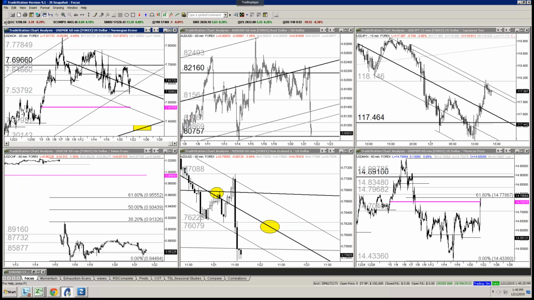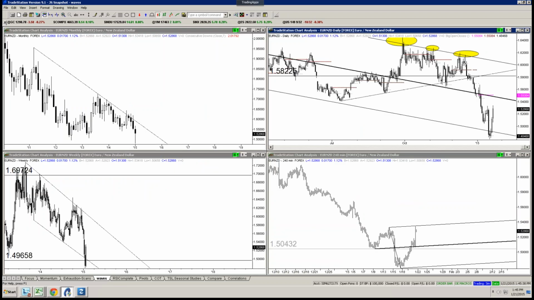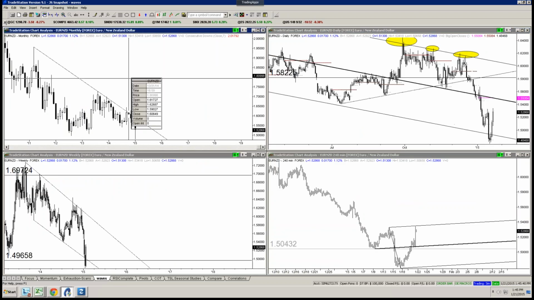Let's see here, what else can we take a peek at? I had a question here from Mark. Sandeep is asking whether euro Aussie, similar to euro Kiwi, seems to be holding. Absolutely, it's similar. One thing with that goes hand in hand with the question Mark just asked about the Aussie dollar.